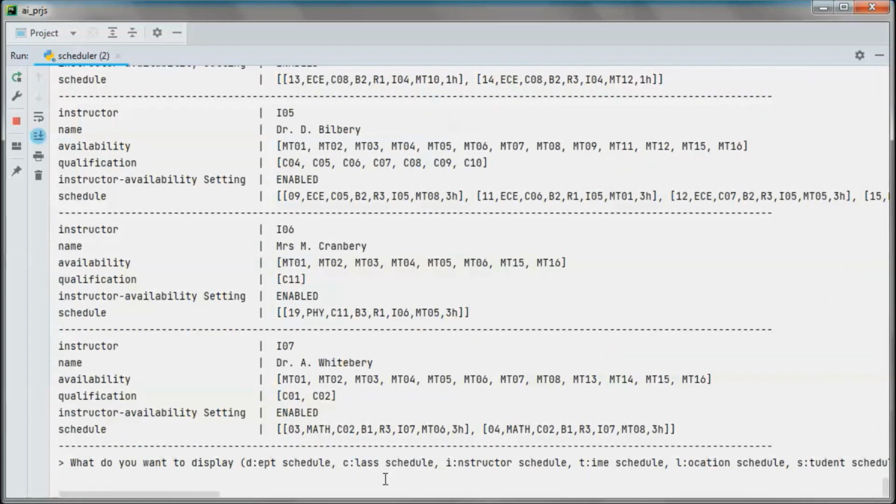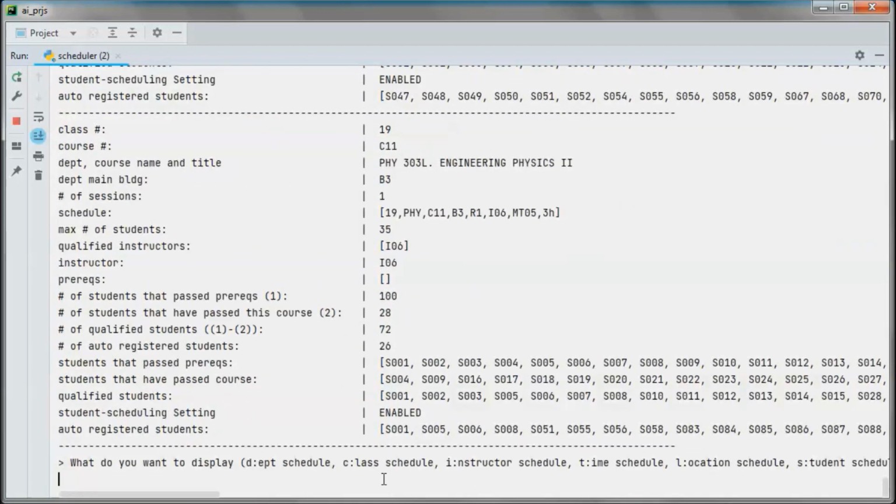And from the class schedule perspective, of the different classes, for each class we have the course number and the class number, and here we have one session, so only one of those.